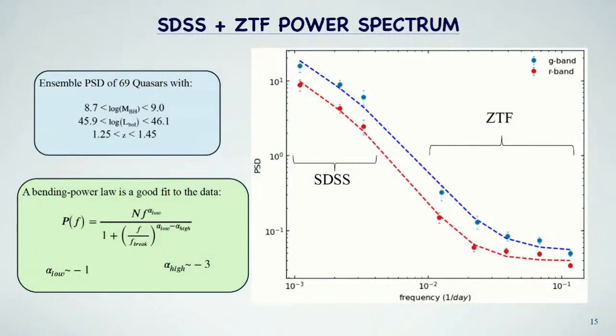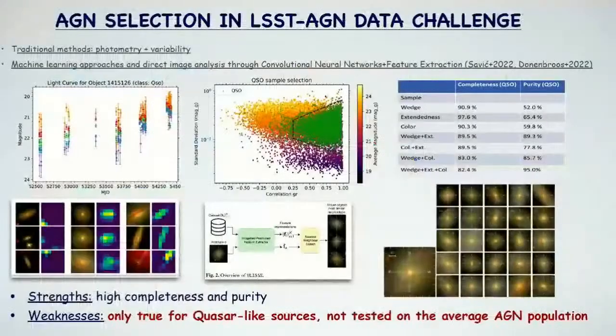And in fact, this is why you would ideally like to put together samples of, for instance, DTF to sample short time scales and SDSS to sample long time scales, to see whether your power spectra exhibit flattening or not, and then investigate it depending on the mass and accretion rate. So we already discussed the data challenge, and she pointed out that these tests that we did are mainly